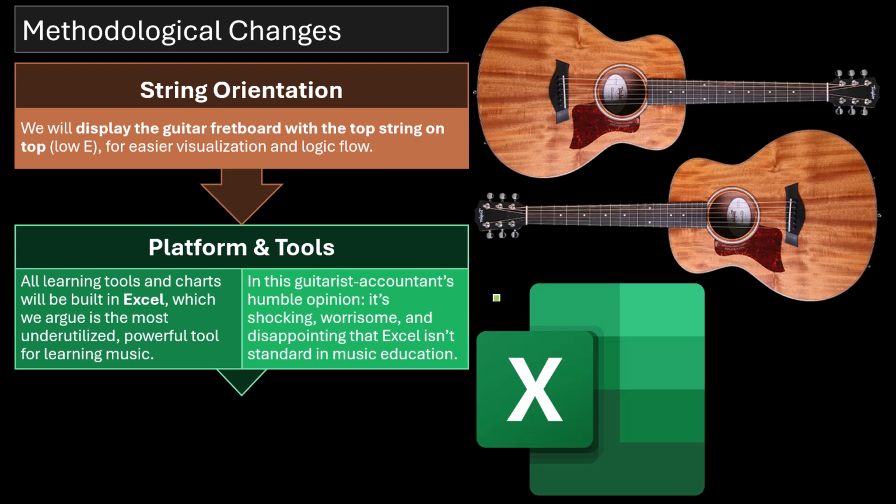And clearly with the guitar, you have a fretboard, which looks like an Excel sheet. It's a grid, which maps perfectly onto an Excel sheet. So it's amazing that nobody uses Excel to map this stuff out. I'll try to talk about why I think that might be, but I think that is something that should change. Now, also note that there's a bunch of cool software out there,